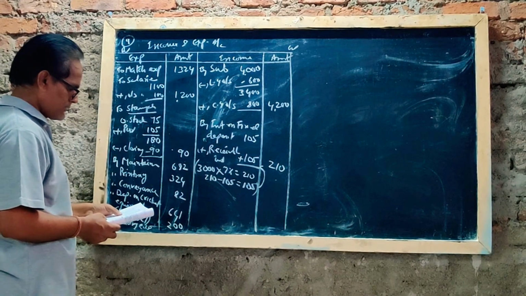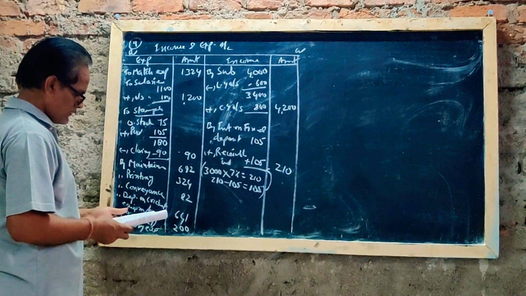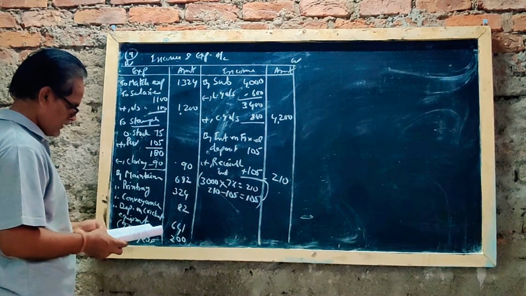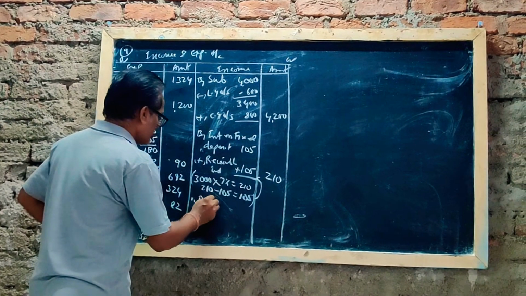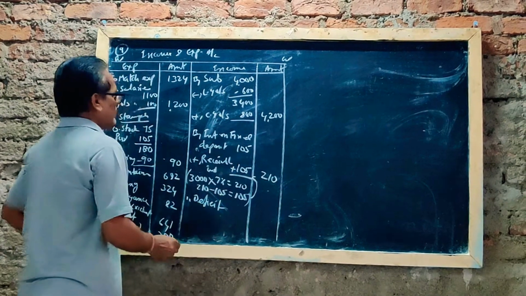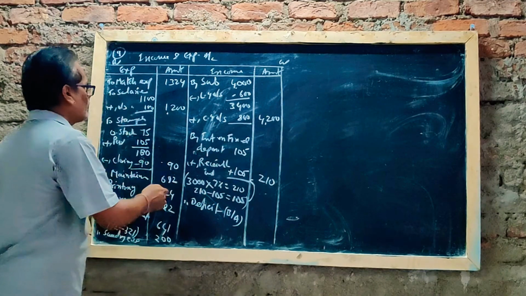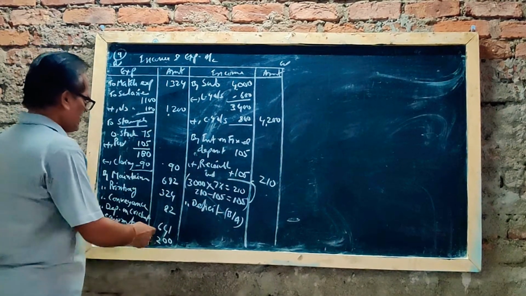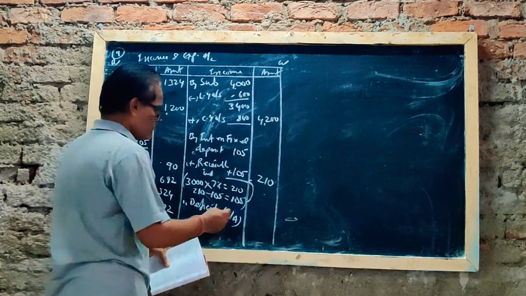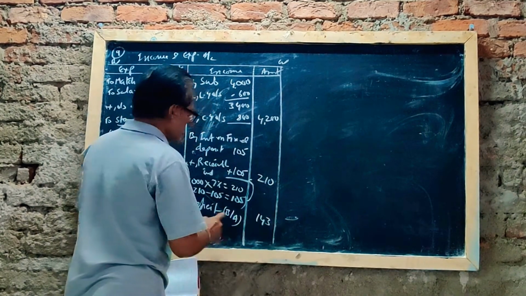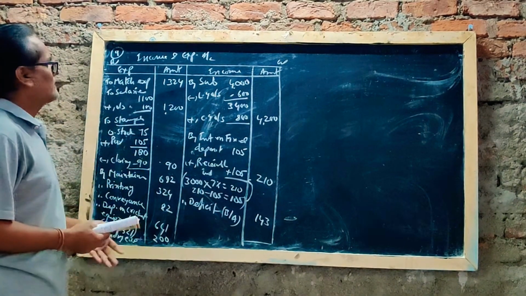Then investments and closing balance, don't take them. Okay, income and expenditure completed. So you get a deficit, because the debit side amount is more than the credit side. So from this total you deduct these two amounts, and you get 143. This is the balance amount. This is the income and expenditure account.